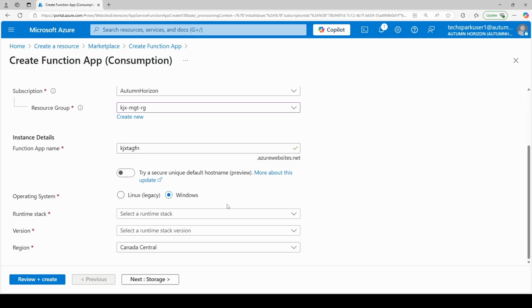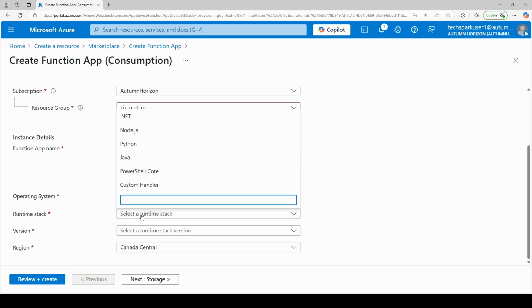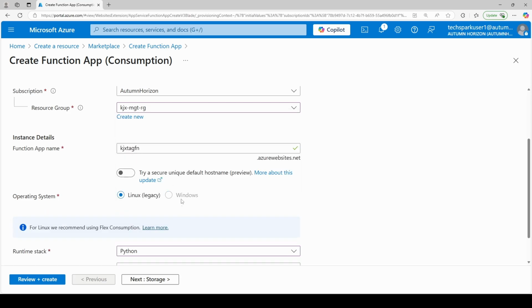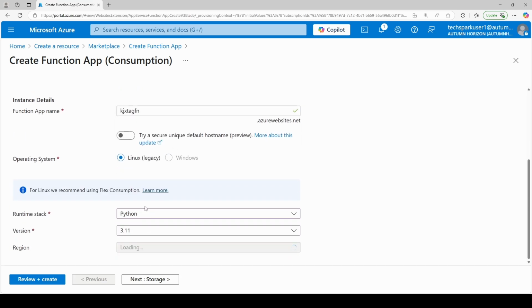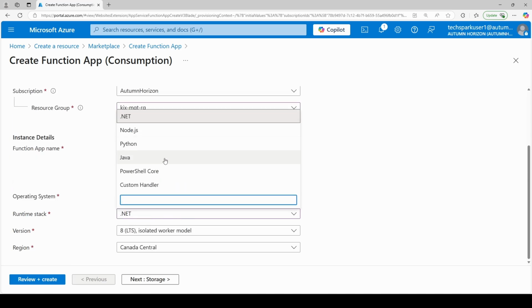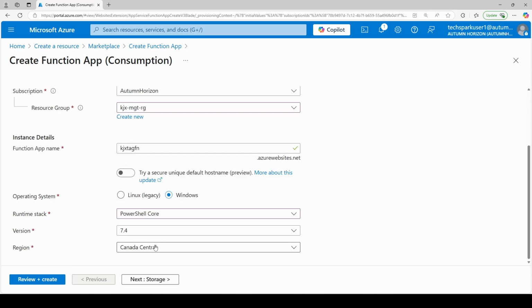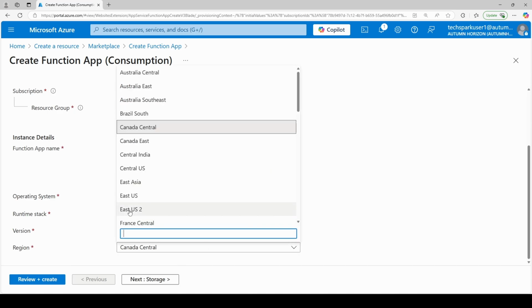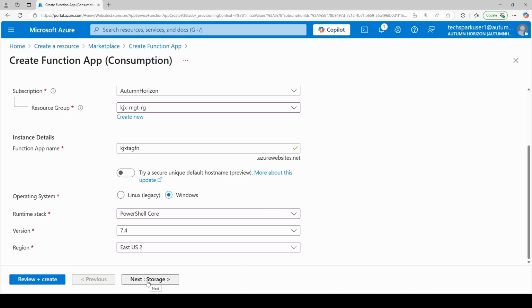I'm going to use Windows based. You can choose Linux based, but it will depend on what runtime stack you are going to choose. For example, if you choose Python, you will not get the option for Windows. If you choose .NET, you can get both. So for this purpose, we are going to choose PowerShell Core 7.4 and the region. Next,